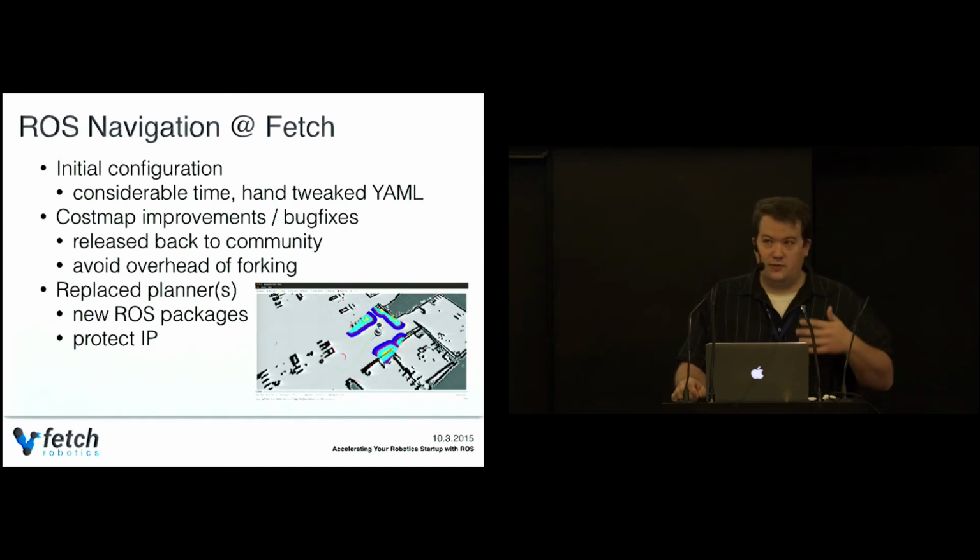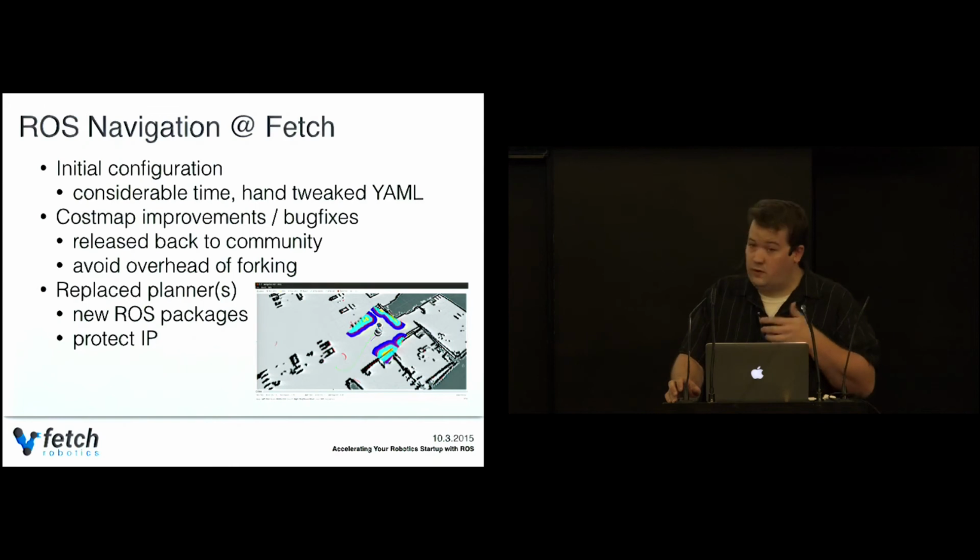And so I'm going to take a little bit of a segue here and discuss some of our thoughts on that area. I frequently am asked, what do you keep private? What do you release back? We usually sit down and take a look at it and say, how much effort would it be to keep this private? Because now we're going to maintain a fork, and there's a lot of overhead involved in that. Is this really critical IP that's a huge competitive advantage, or is it really just going to be more of a pain to maintain our own fork?